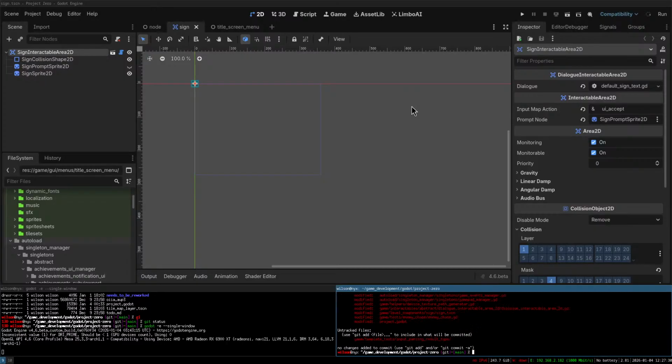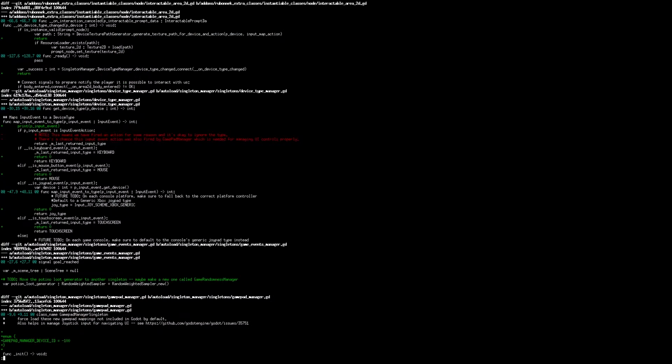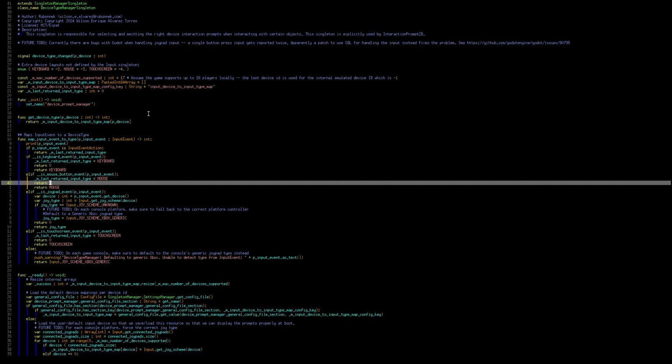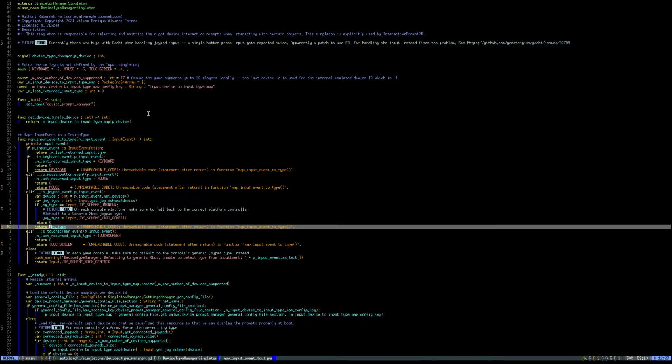I want to get this bug fixed. This is a very, very ugly bug. I don't know what's happening here, but we found it off stream. I was looking into this, and in here, in device type manager, this is such a strange bug. When we return joy type, the joy type was a different